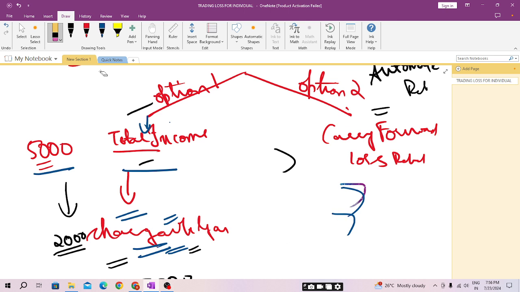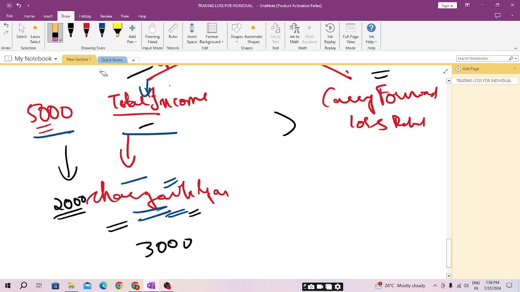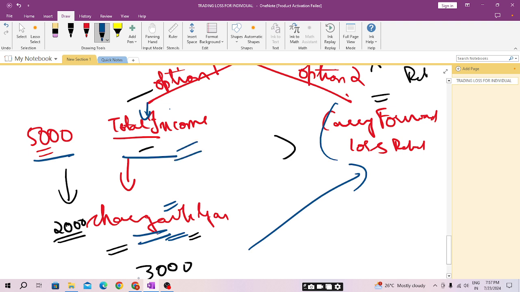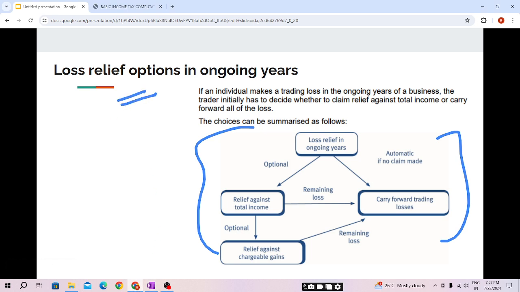The flow chart is very important. Please do understand it, students. It is very important. Now we will be seeing the rules for the carry forward, total income and the chargeable gains. What is the maximum amount we can claim? This is the option